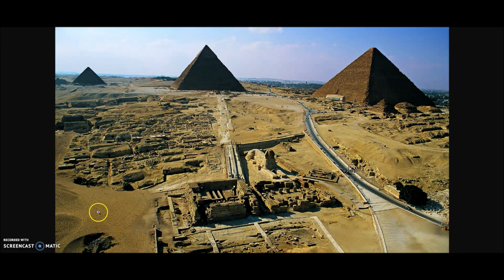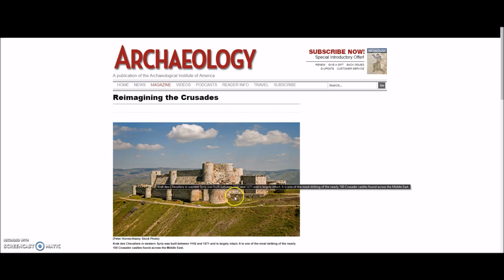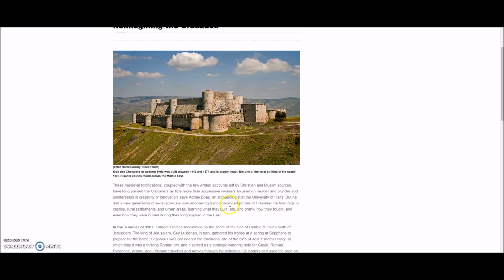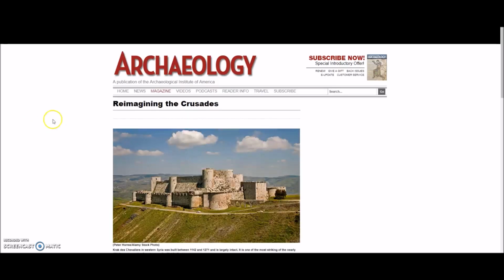First, before we get started, I do want to mention something about the Bevel block series. Now, there's an account that I follow on Instagram and Twitter, archaeology.org, and every now and again they give me really nice snippets of information and really cool little articles. Sometimes it's pretty traditional, boring stuff that we've heard a million times, but other times they will give me a piece of evidence that I would not have found otherwise, and I don't think they realize the scope of what they found. So this article that popped up in my feed a few weeks ago, Reimagining the Crusades, they talk